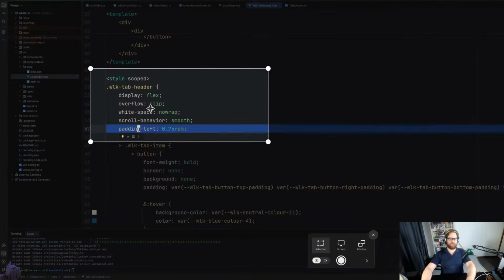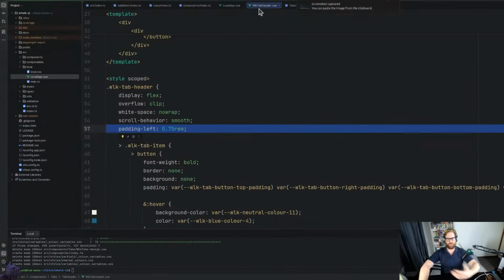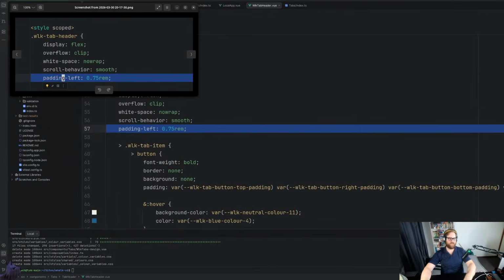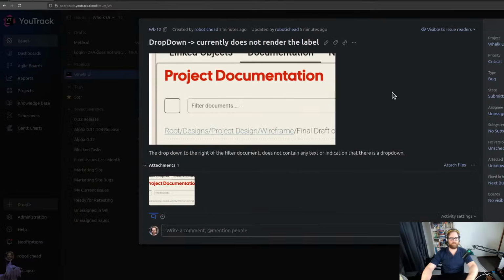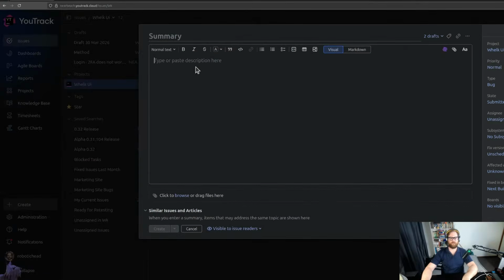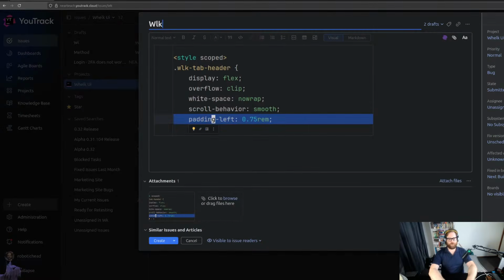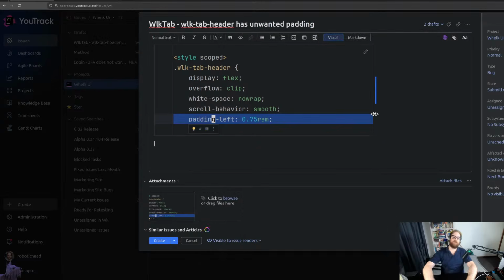I'm just going to have to record that in a bug. I'm going to have to do that at a later date. We can't fix it right this second because I need to push it and all that kind of fun stuff. But we can record the bug and I can tackle it easily. So this will be Welk tab. Welk tab header has unwanted padding. Alright, cool. The padding in Welk tab header